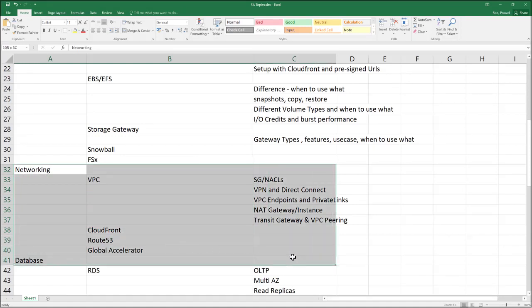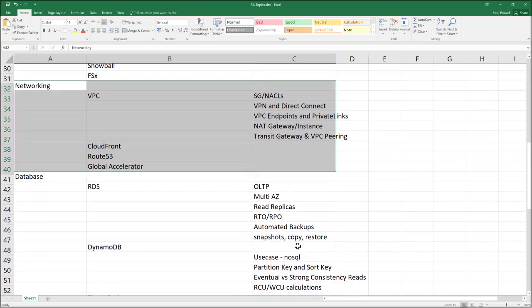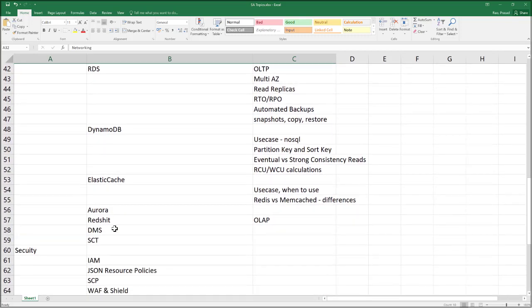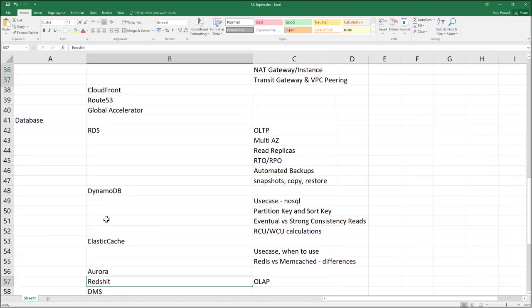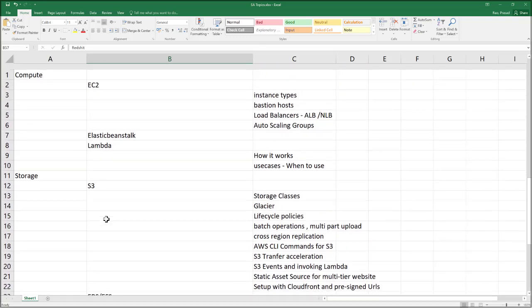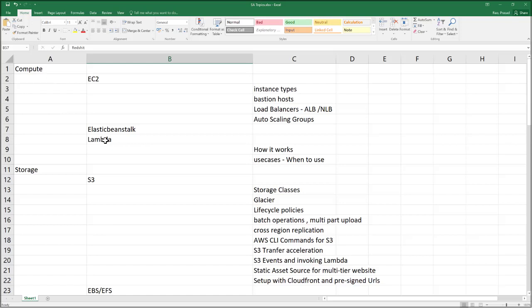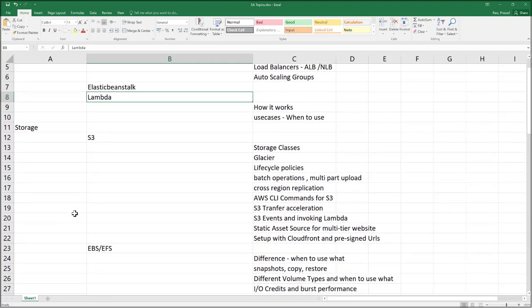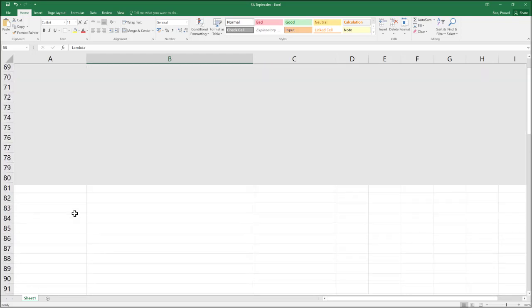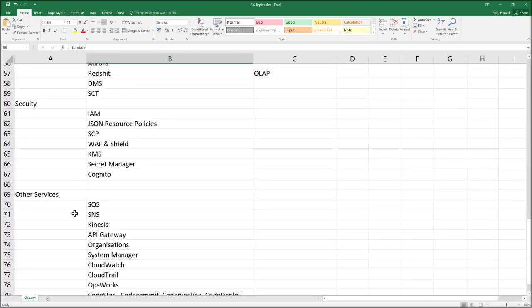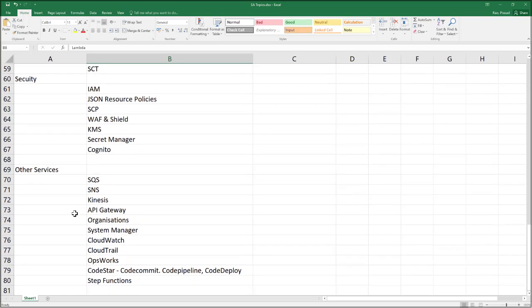From the overall course completion perspective for AWS Solutions Architect, we have covered databases in quite some depth. Do go through Redshift, I don't think I covered Redshift. We have covered networking and compute. We'll cover a bit of serverless, Lambda and API Gateway, in one of the sessions. Storage we have covered quite a lot. And then we have other services that we need to cover. So probably a couple more sessions, and we will be able to go through all the concepts at a